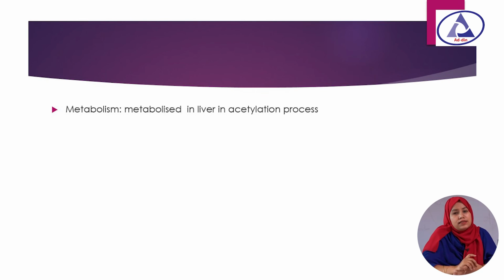And then how is it metabolized? It is metabolized in the liver by the acetylation process. The acetylation process is important, because some people of the world are rapid acetylators and some are slow acetylators. You have to memorize that Bangladeshis and people of Southeast Asian countries are slow acetylators, whereas the Japanese and Koreans are rapid acetylators. Because of slow acetylation, peripheral neuropathy is our common problem.